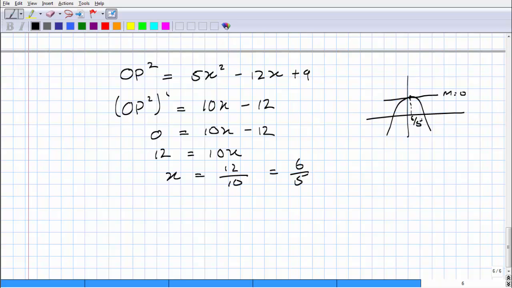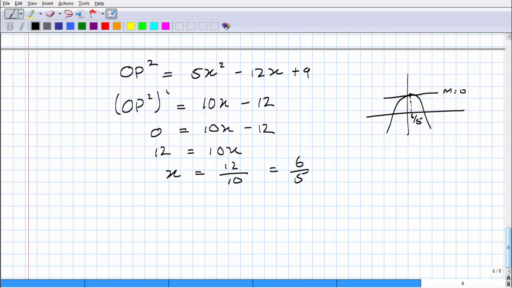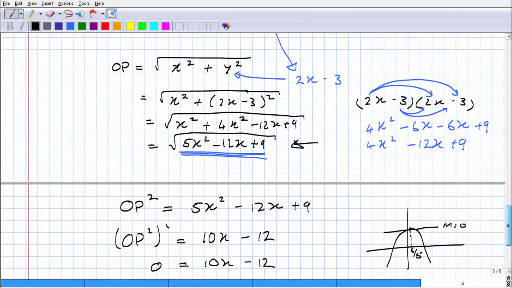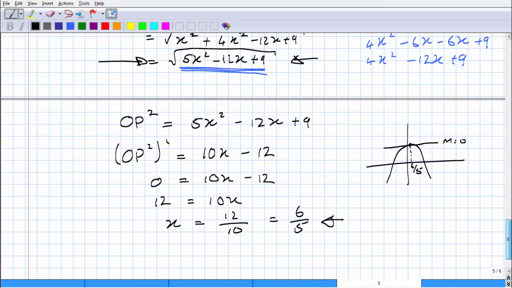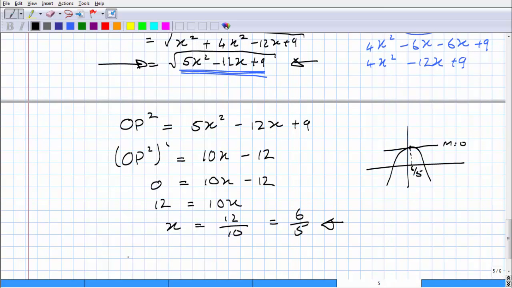Now we've got to substitute into our original, because when we get our maximum value, or when we get our derived value set to 0, like this one, we substitute that back into the original equation, because that's what we're working with. And the original equation is this guy here. So we simply see that OP, now remember, we're not looking at OP squared anymore, we're looking at the original equation. So we found that this equation, OP, the distance, is minimized or maximized, in this case minimized, when, so